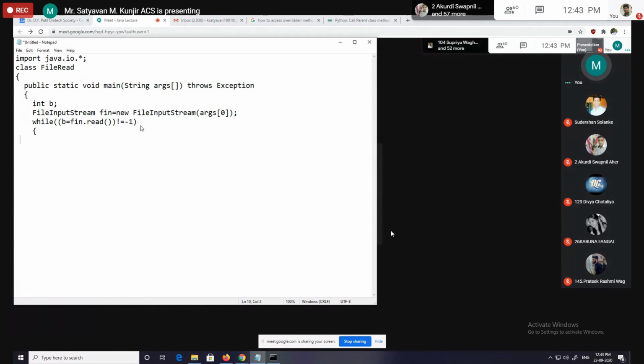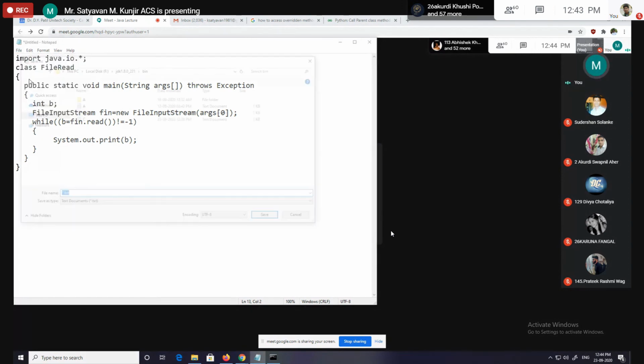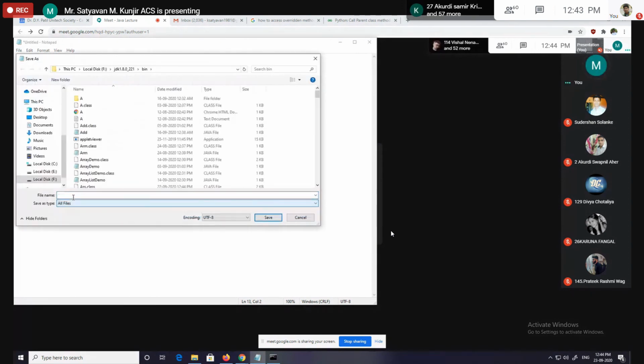Then here we have to display the data. So System.out.print, and what you have to display is b. Then the end of the main class. Now see, I am saving this application with the name FileRead.java.